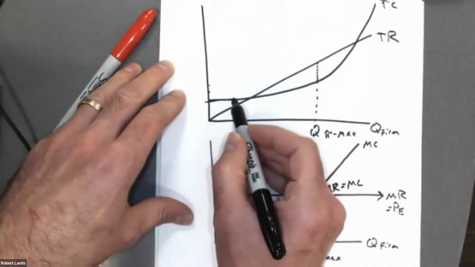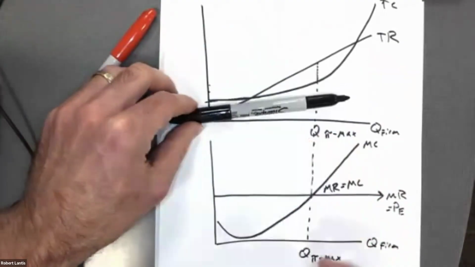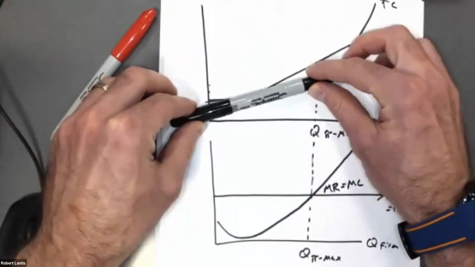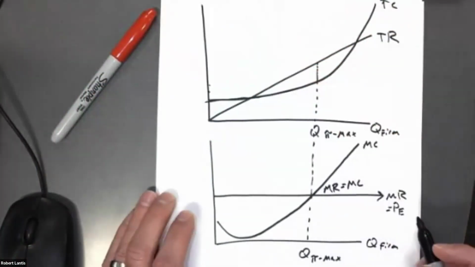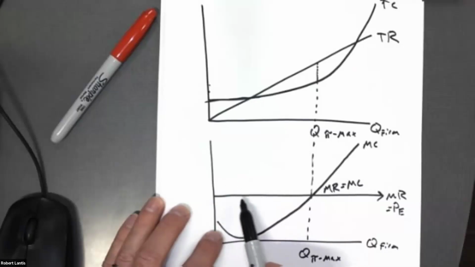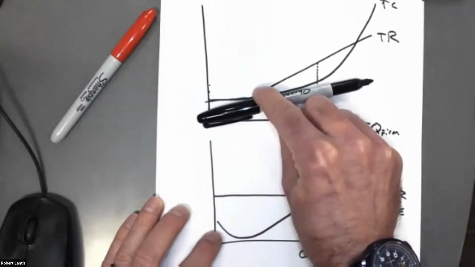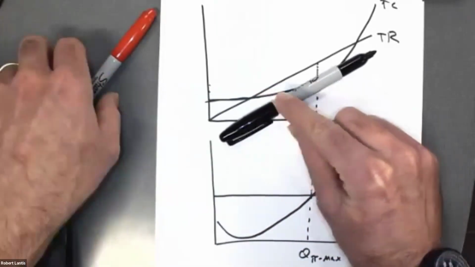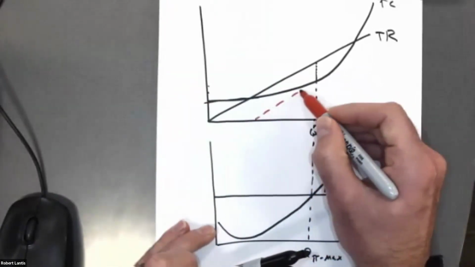Whenever I've got quantities down here, what's true about the slope of my marginal cost curve? It's a little bit flatter than the slope of my total revenue curve, right? Or the slope is a smaller value for cost than it is for that total revenue curve. Now that's going to be true until we get to this point where at a certain quantity, the slope